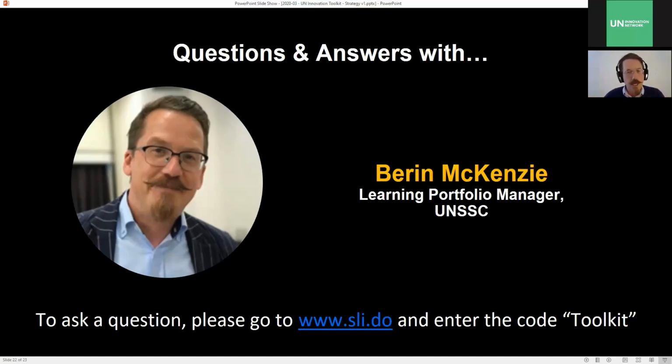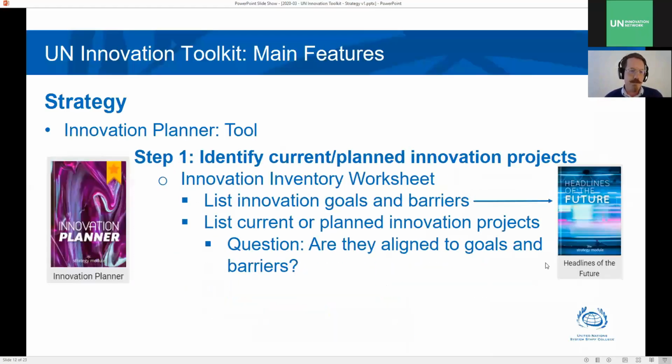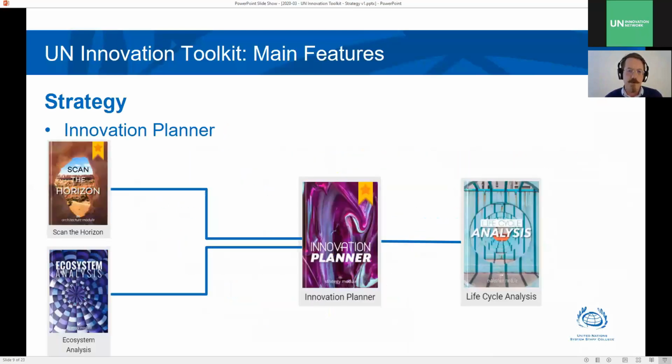What you will find as you go through the toolkit is that there are linkages that are made to other tools to say, hey, look, if you are in the instance of this tool, the Innovation Planner, you recall from the start here that while the Innovation Planner allows you to understand this process and the structure simply by what is included there, there is also a recommendation from within the toolkit that if you need to, you can also use the Scan the Horizon tool or the ecosystem analysis tool to get a better understanding of what is your context, to get a better understanding of who it is that you can potentially partner with,